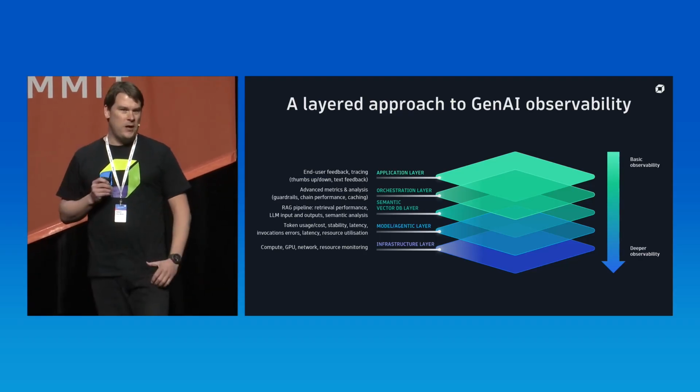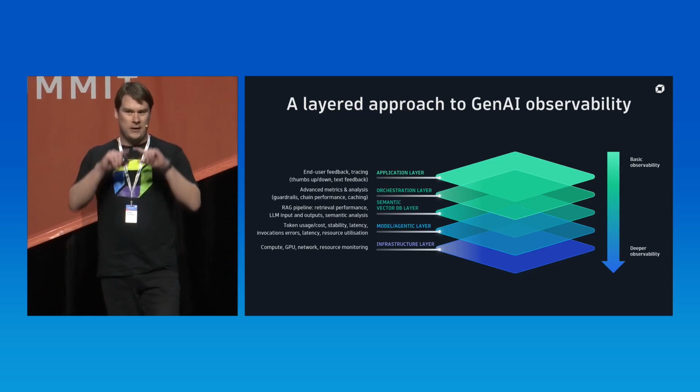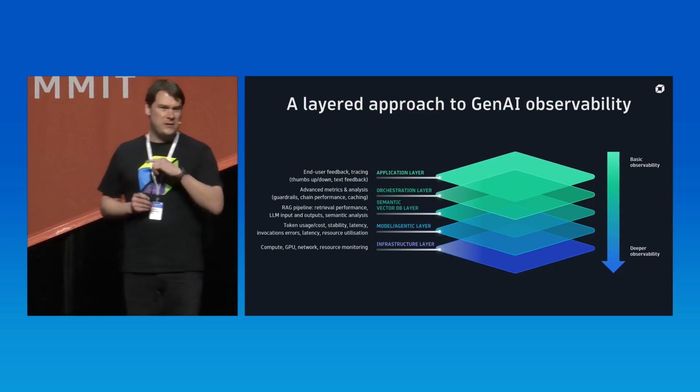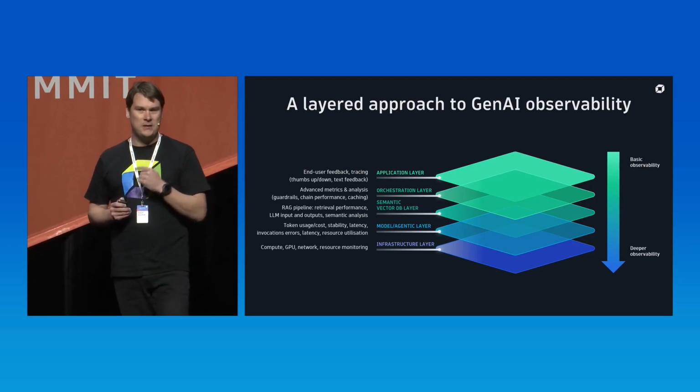So kind of in a layered approach, you might say, well, we start at the top, which is, we've all seen them, the thumbs up or the thumbs down, and the little text box that you get that says, how do you feel about this? And actually don't discount that. That's very good information. It's solid information, because that is a very clear signal from a user